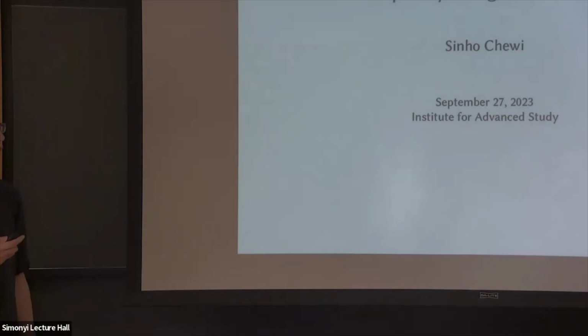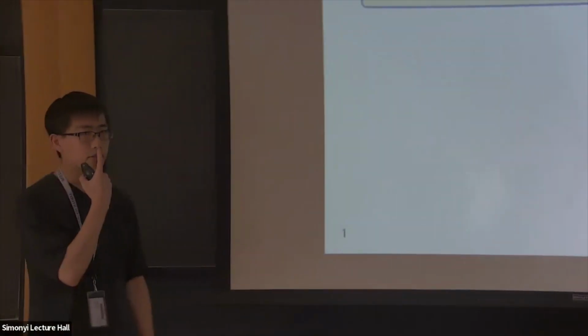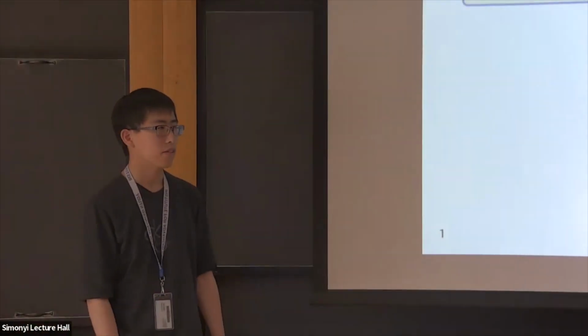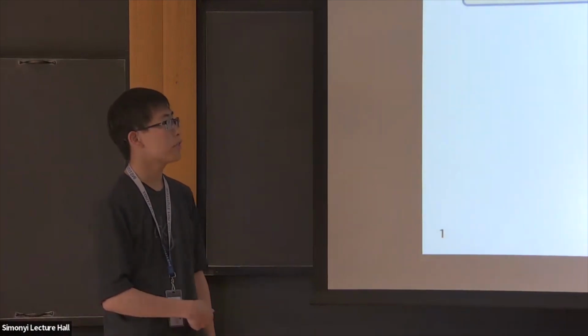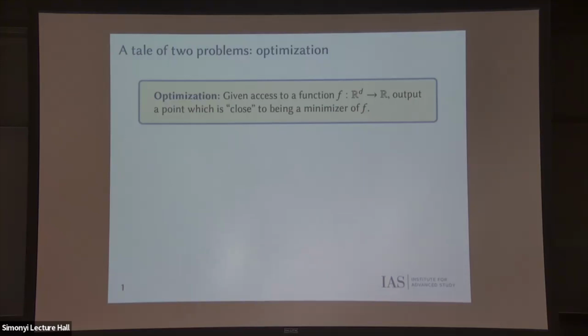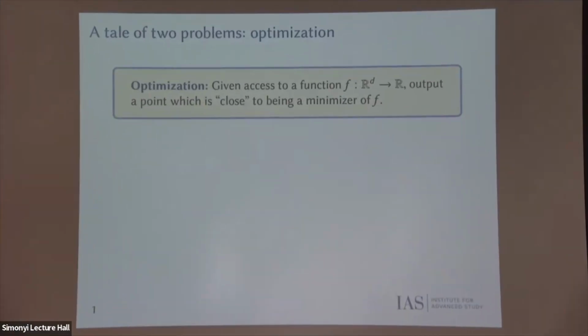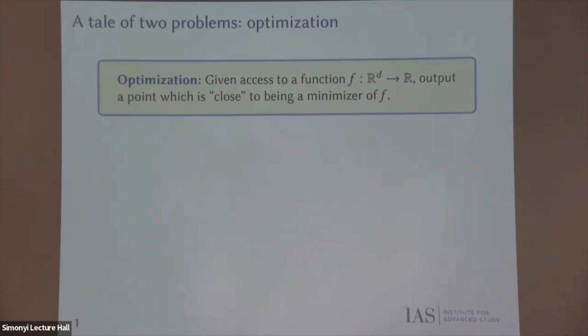I'll be talking about two algorithmic problems and their relationship in this talk. This first problem you're all very familiar with. It's just the problem of optimizing a function over Euclidean space. And in this problem, we want to algorithmically find a point which is close in some sense to the minimizer of f. And of course, this is an entire field and we have a lot of algorithms for this,